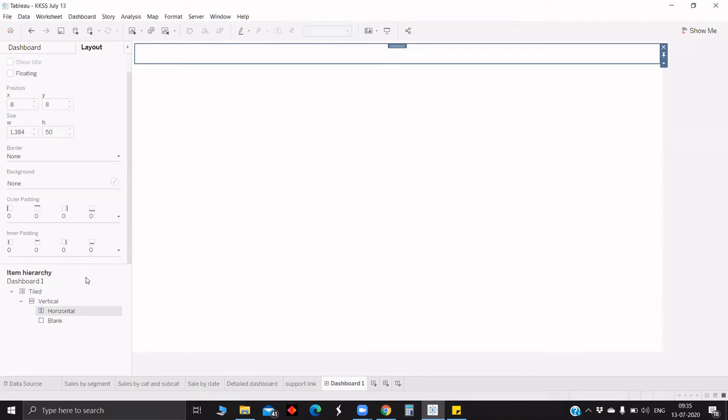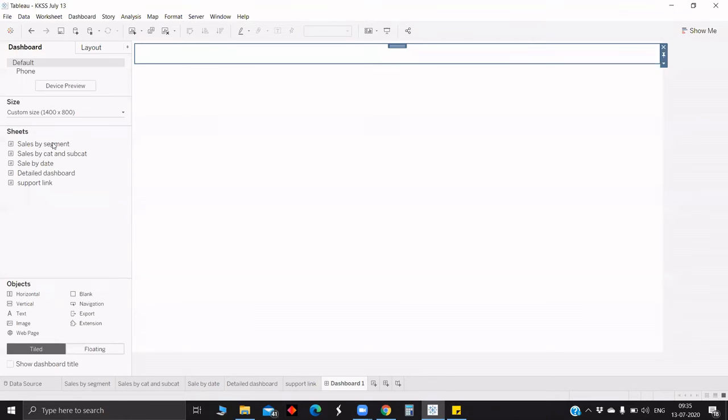What I'm trying to say here is that irrespective of whatever the container is, whether vertical or horizontal, it matters which container it is inside. So here, though we have a horizontal, we can only change the height because it's inside the vertical. And the same case with the horizontal: if we pull the horizontal out and put the vertical inside, we can only change the width of the vertical, not the height. Okay, let me explain that.